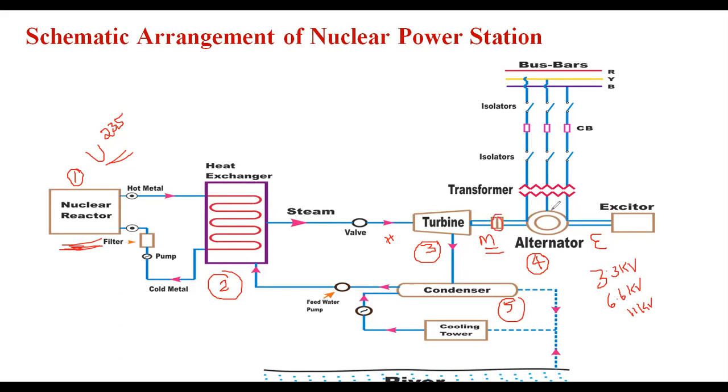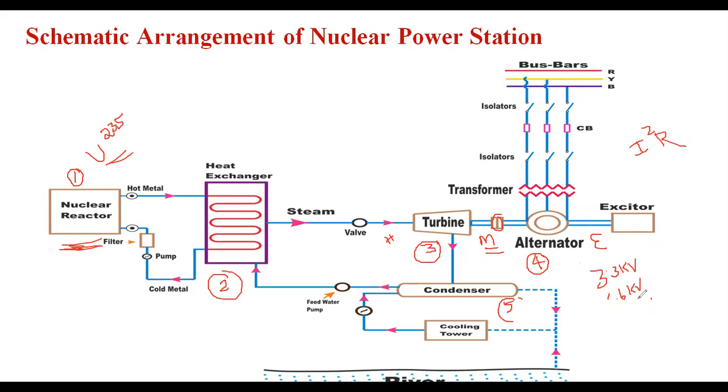Now, once the power is generated in the thermal power plant, it needs to be sent immediately to the consumer via transmission and distribution. If we send the 3.3, 6.6 or 11 kV directly on the consumer line, and the consumer is far away, 500 to 1000 kilometers or 1500, 2000 kilometers, the line losses, that is nothing but the I square R loss, occur in the transmission line as well as in the distribution line.